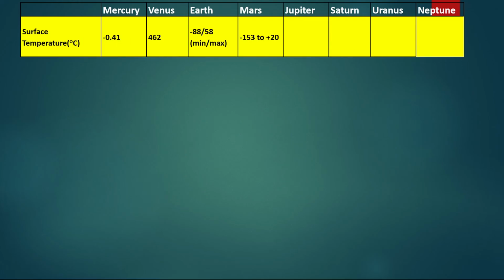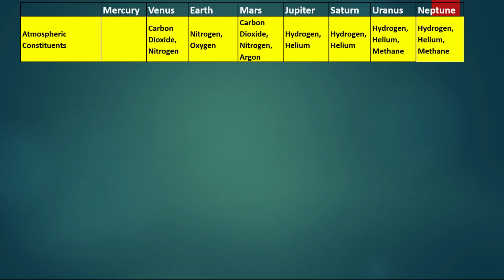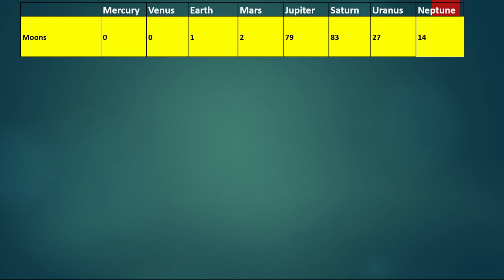Now we will come to know surface temperature. We have not found out much about surface temperature because we are just exploring. We are exploring more and more. So we have explored only these 4 planets for the temperature, and we will also come to know in coming years what the surface temperature of each and every planet is. So these are the atmospheric constituents. On Earth, nitrogen and oxygen. Nitrogen is about 78%, oxygen is about 21%, and in 1% most of the other gases like carbon dioxide, argon, and many other gases. Okay, now the number of moons.